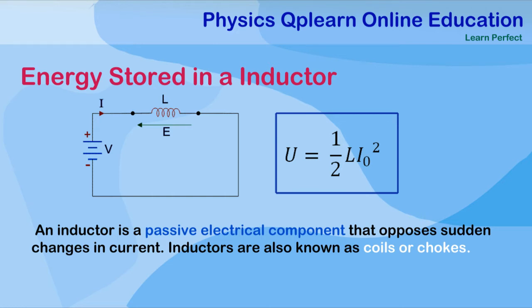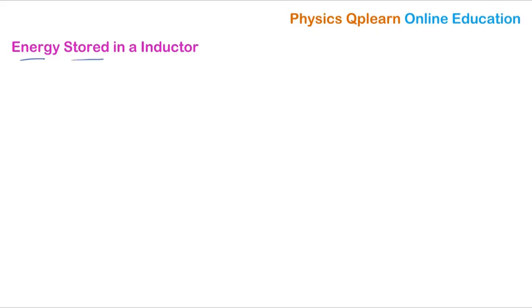So today is one of the new topics, that is energy stored in an inductor. Now let us start the derivation. Before that, let me draw the inductor diagram. So this is the inductor, with a number of turns wound on the coil. This is connected to the battery, and here the plug key, and the circuit is closed.